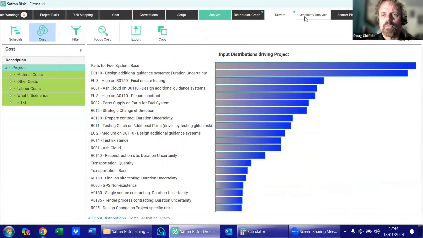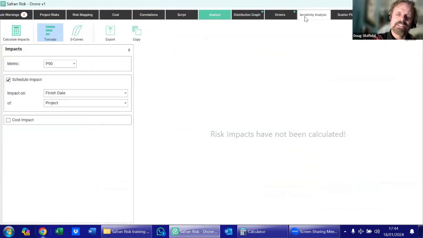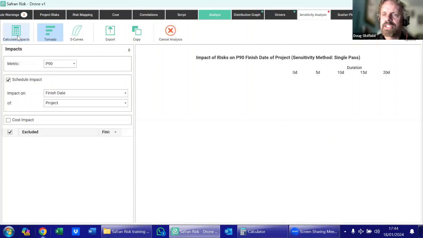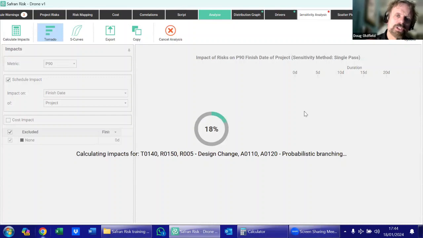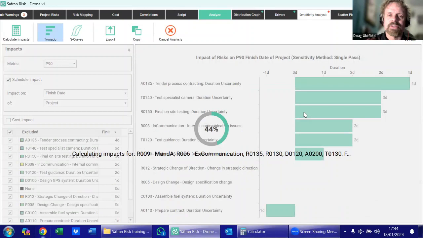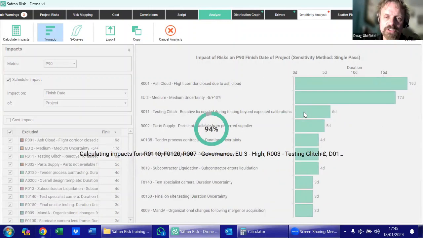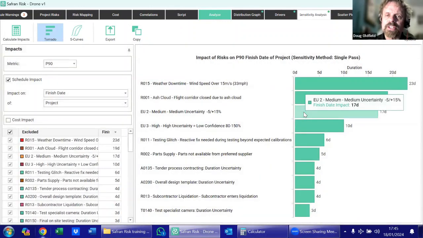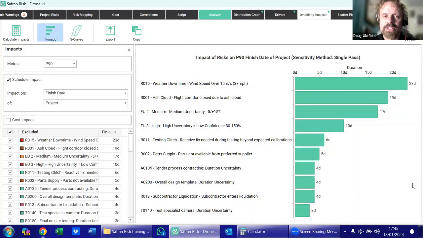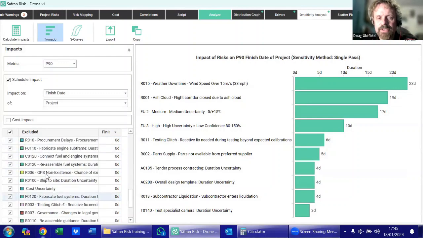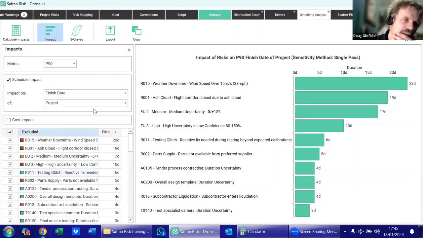Now, one of the really massive improvements that Safran has over PRA is the ability to do something we call sensitivity analysis by exclusion, where in PRA you have to run a whole series of simulations and write down lots of results and calculate deltas and so on in order to understand the cost or time impact of risks from the risk register. But what I've just done is run this sensitivity analysis by exclusion. And what that's essentially telling me is that out of all these different risks and estimating uncertainties and so on within my model, if I was looking at it from a